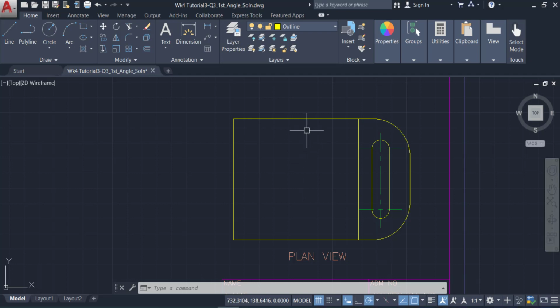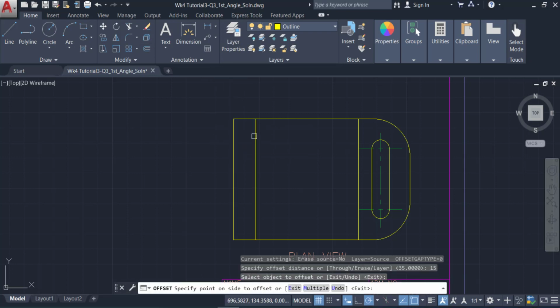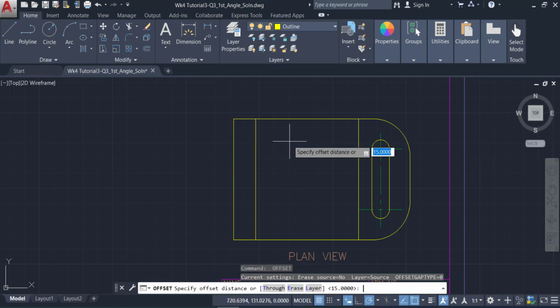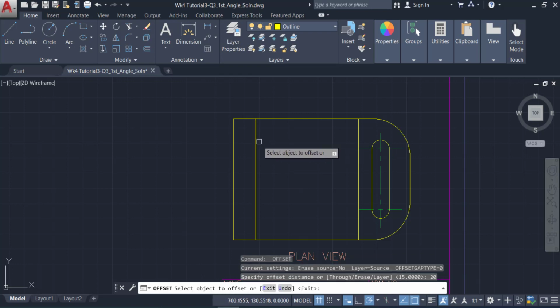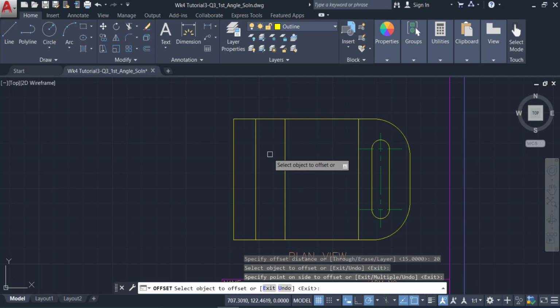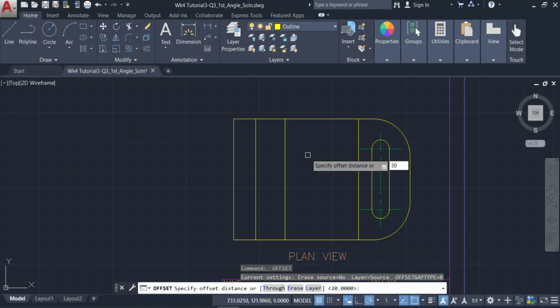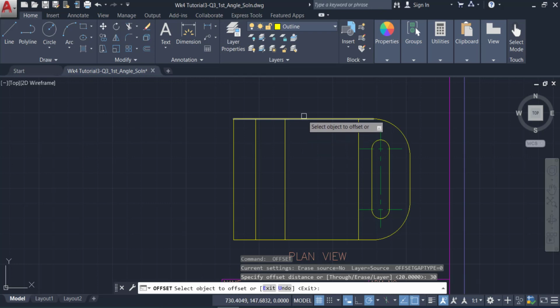So next thing I want to know is that I can start to create the rectangle somewhere around here. There are two of them. So offset 15 from here to here. Offset 20 from here to here. After that, offset 30